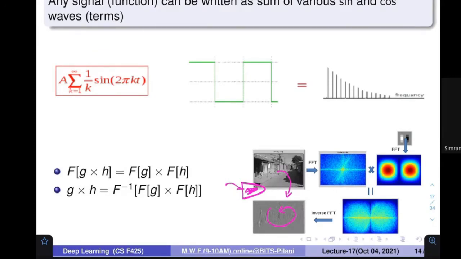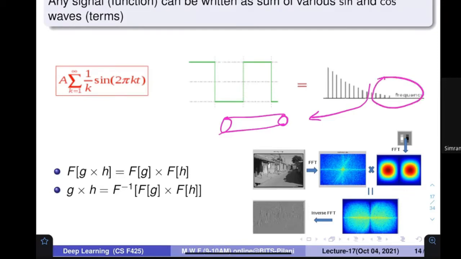So the overall idea is that using the Fourier transform, sometimes we can find very interesting things. Let me give you one more idea. Most of the time when you have a signal, you want to transmit it. But how can you transmit it? Using some kind of channel. But the channel cannot transfer it if the signal has very low frequency. For example, you now know what frequency is. In 1 second, how many times am I taking this? If I am taking this so slowly, what is going to happen? Nothing is going to be transmitted.